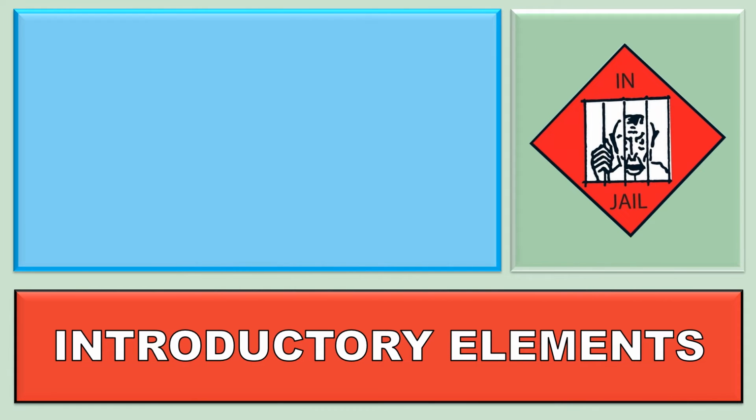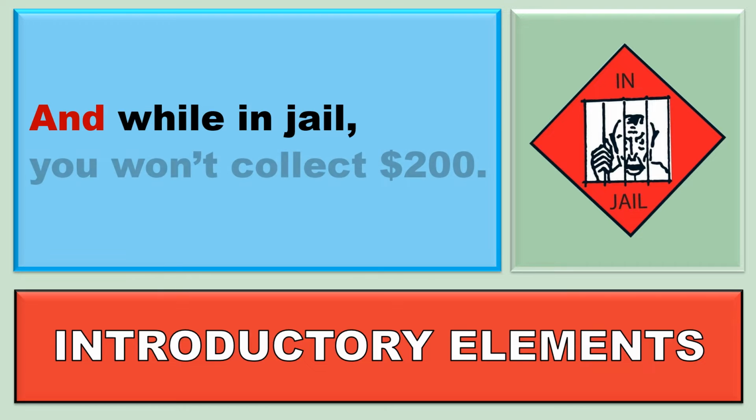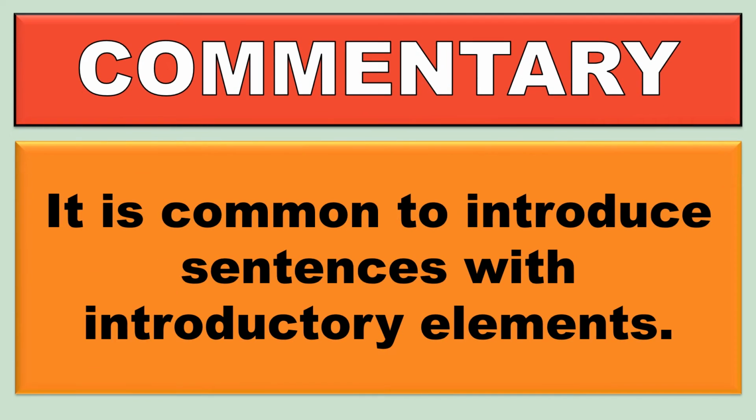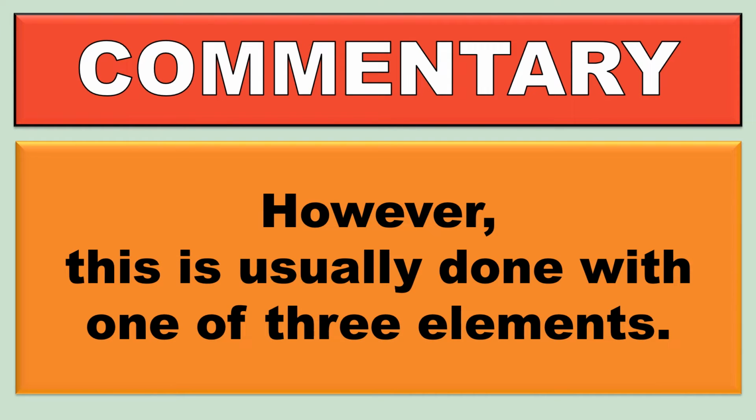Next, we have the coordinators in an introductory element. Here we have an introductory element: and while in jail, comma, you won't collect $200. Now, obviously, we would have had another sentence before this, and you're adding the idea here. But the question is this acceptable? It is common to introduce sentences with introductory elements. However, this is usually not done with a coordinator, but rather it is done with one of three elements: